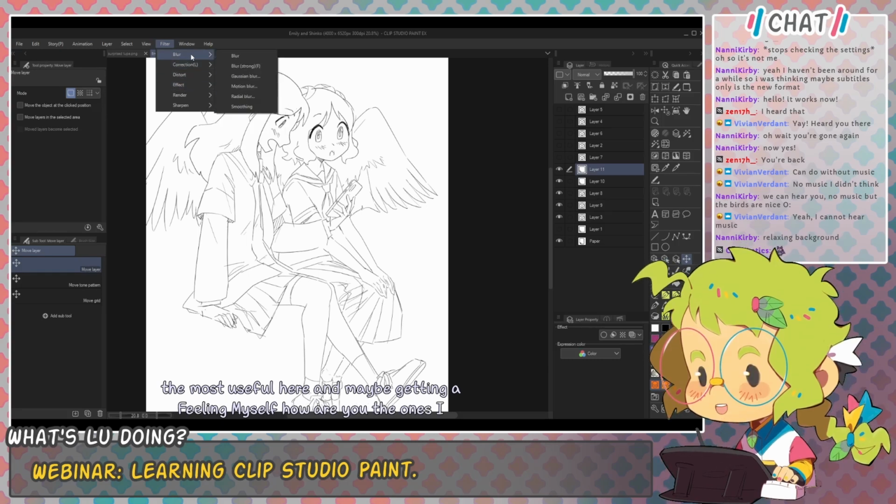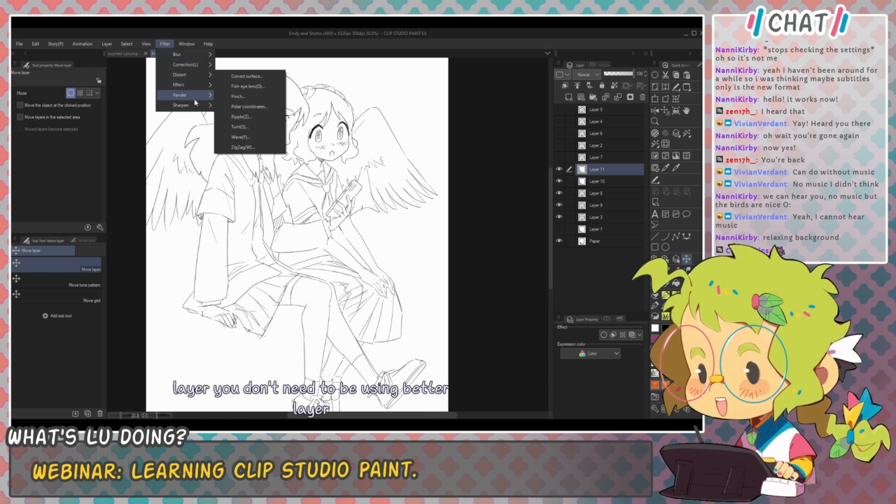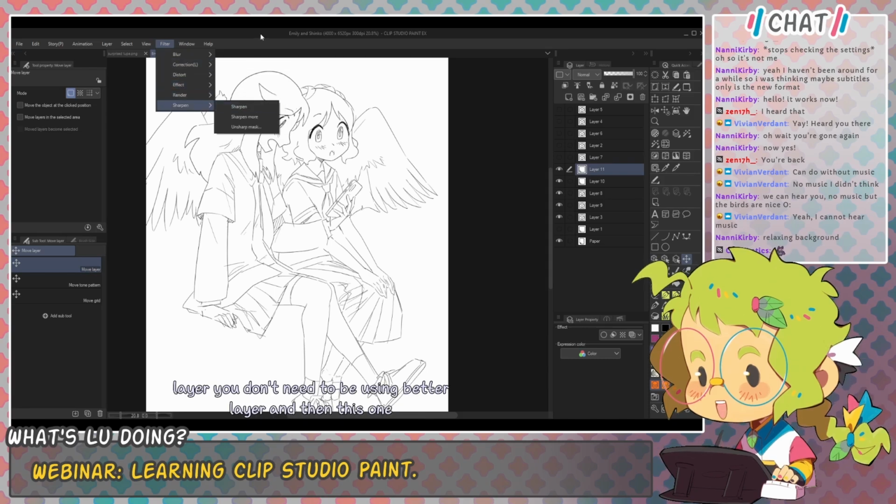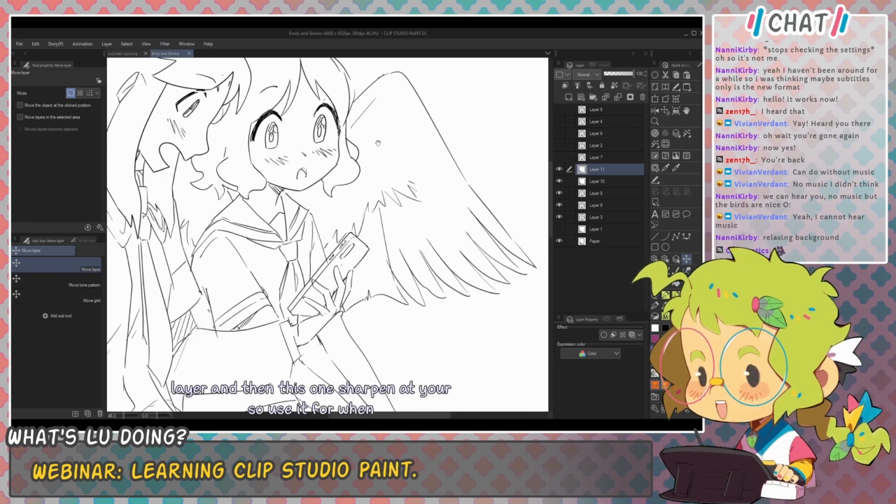The ones I use the most here are Gaussian blur. This one is useful too. It can modify the width of your liner, even if it's a raster layer. You don't need to be using a vector layer. And then this one, sharpen, I also use it for when you have drawn something,